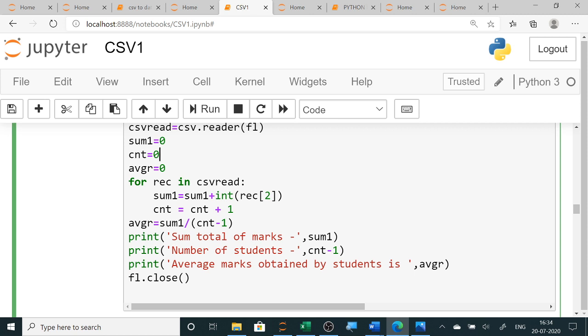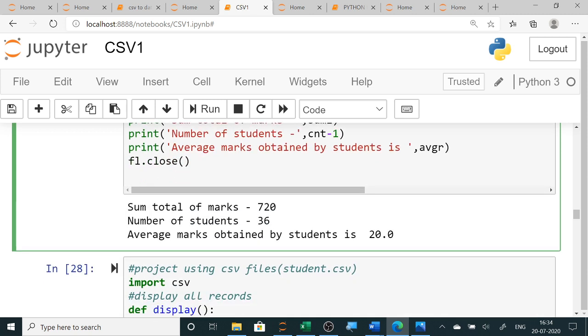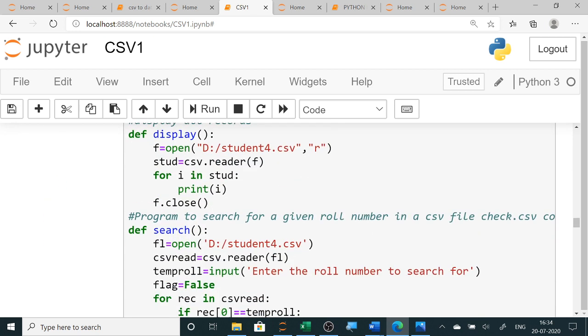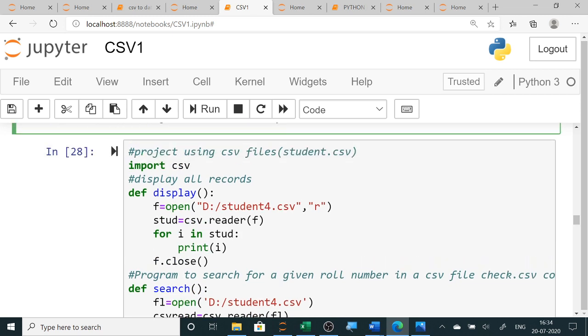Now it will display the sum, the count, which is the total number of students, and the average. Clear? So you can see here the sum, the total number of students, and the average.